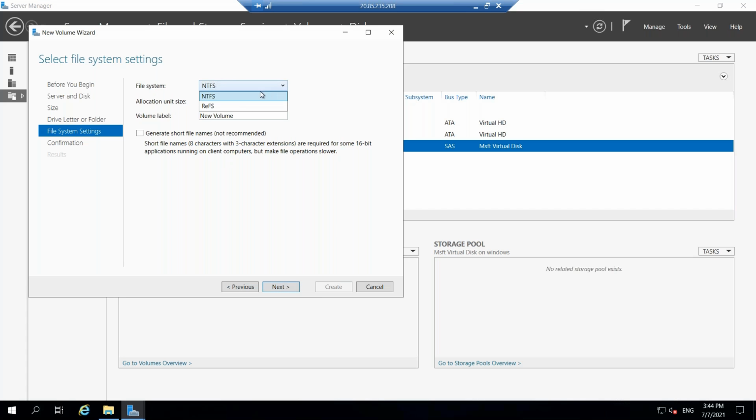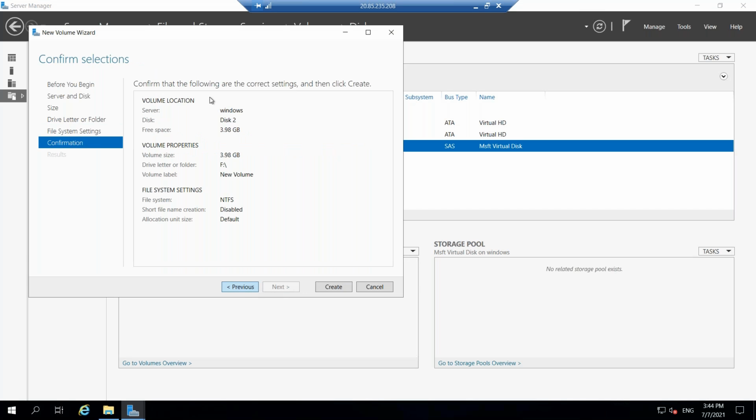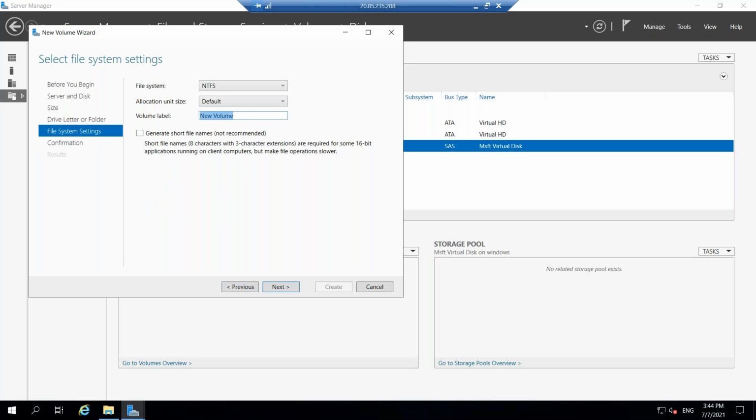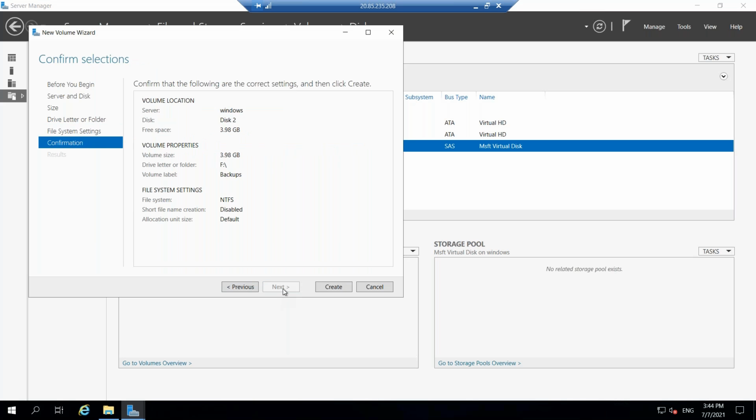This is the file system, and we have one more file system like ReFS. I can create a volume label also. Click on next and click on create.